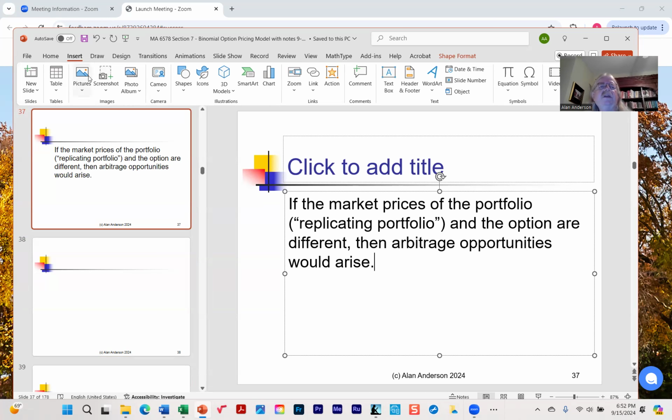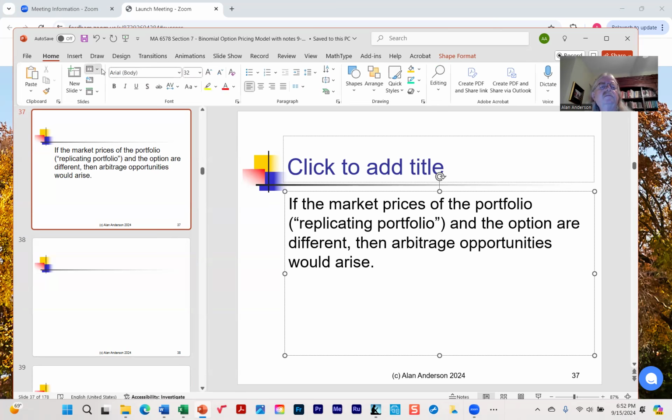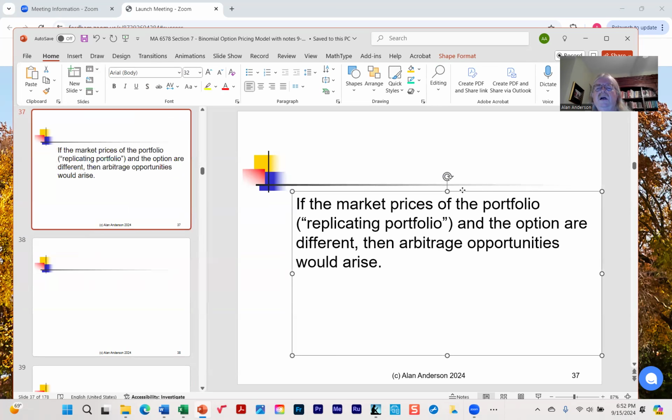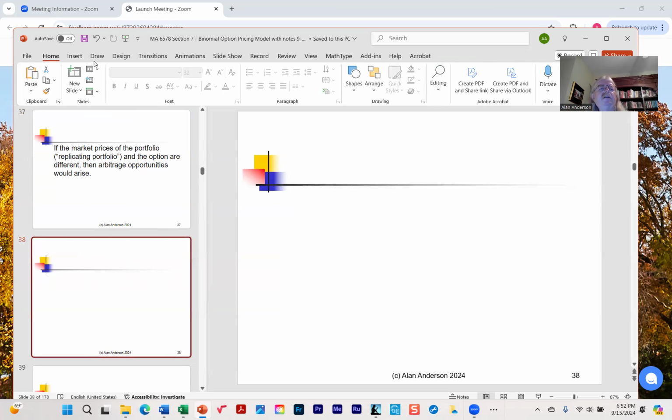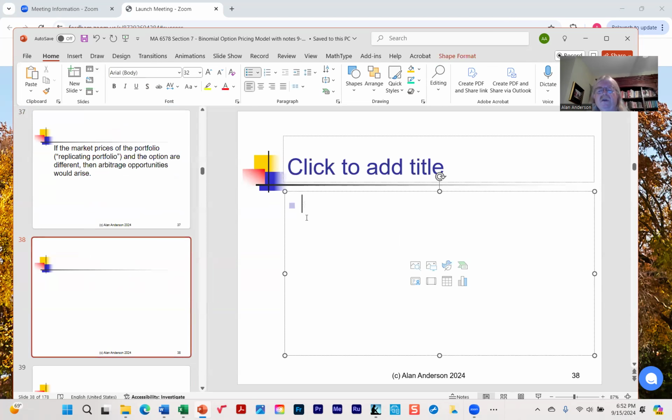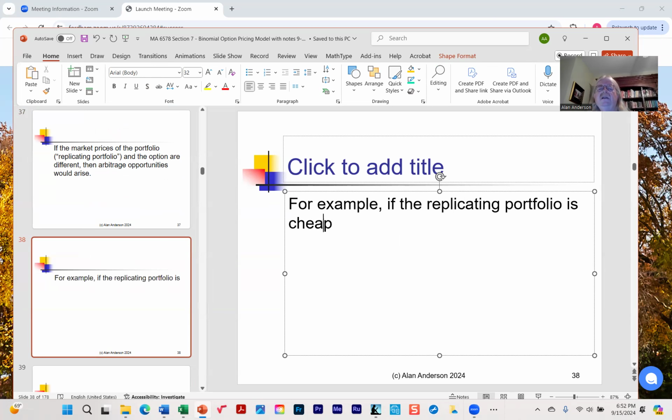Okay, so in other words, how would that work? For example, if the replicating portfolio is cheaper than the option,